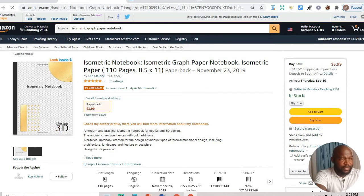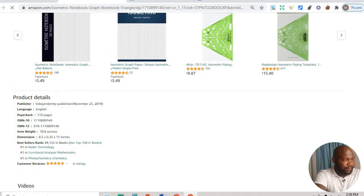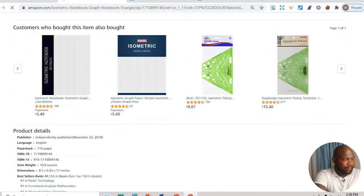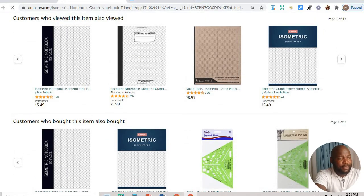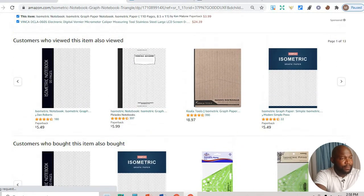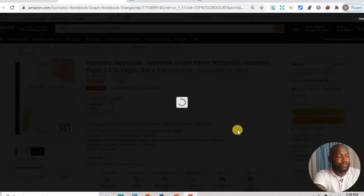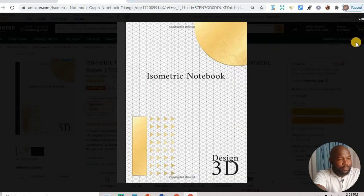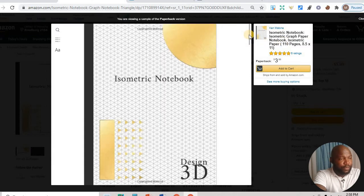Is it independently published? Yeah, it is independently published with 110 pages. You can see that most of these covers are just basic designs. I'm gonna go inside just to show you how it looks inside the isometric notebook. Okay, we got the front cover right there,